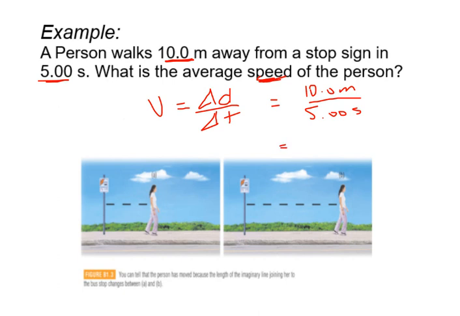Now, here's where some of you would make a mistake, and so I really want to try to clarify right now that the answer is not 2. What is 10 divided by 5? It's 2, but we have to use our significant digits properly. This was measured with 3 digits worth. This one, and then the numbers after it give us 3 digits right here. And this 5 right here gave us 3 digits afterwards as well. And so I have to maintain a little bit more precision. I know that it's more than just 2. It's actually 2.00